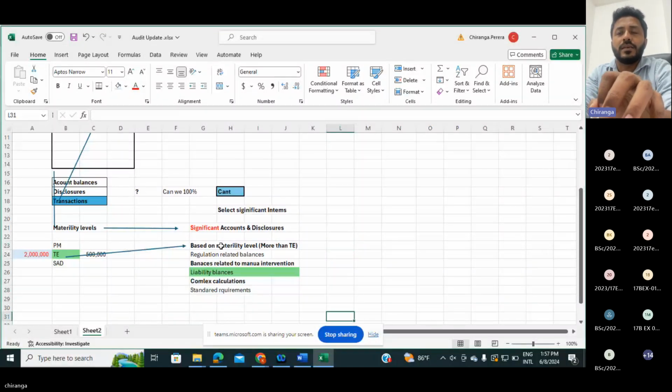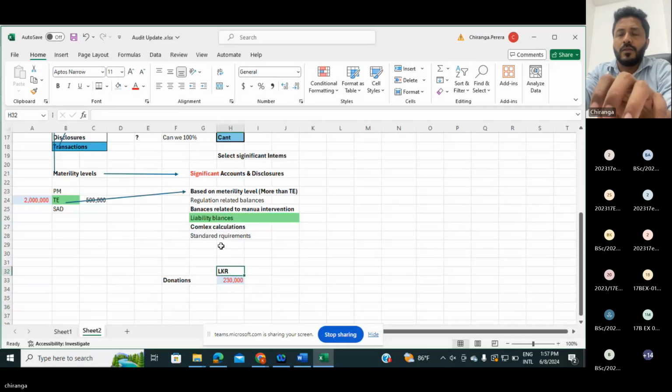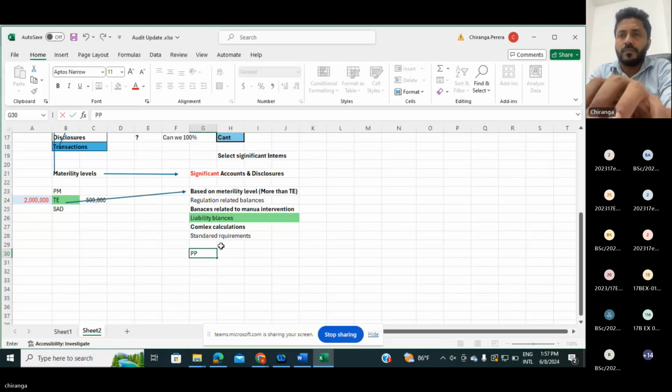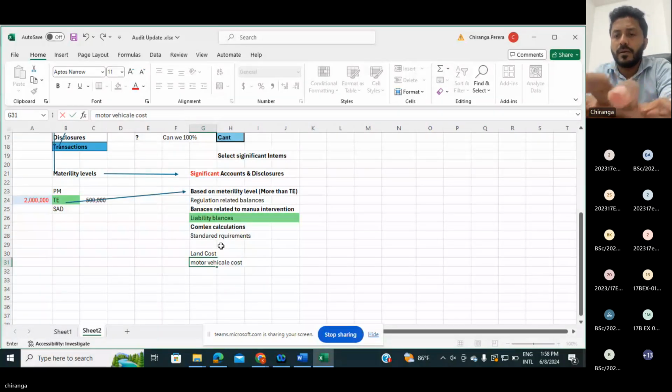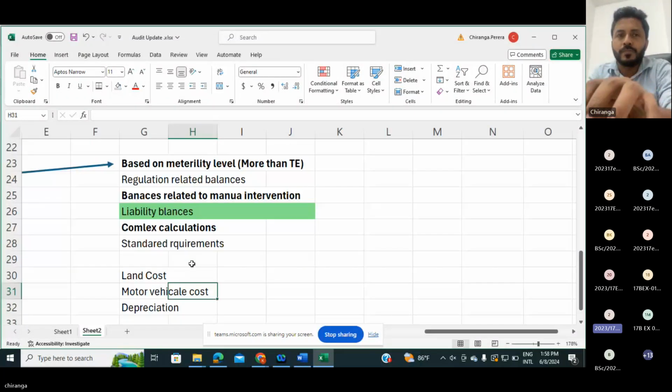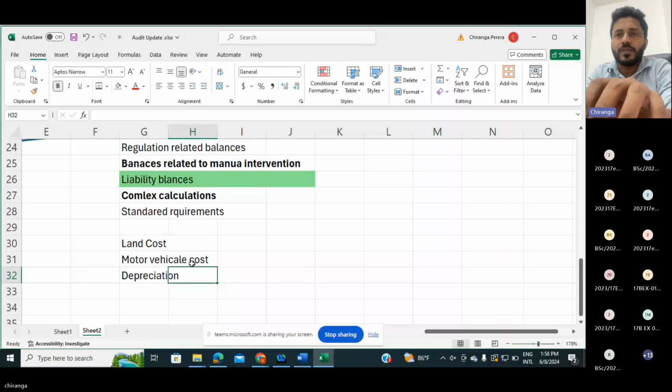So then, as we discussed, let's say PPE cost, let's say land cost, then motor vehicle cost. Can you increase the font size, please? Okay. Hello, sir. Can you see this? Can you increase the font size? Yes, sir. Thank you. So the land cost, motor vehicle cost, depreciation,